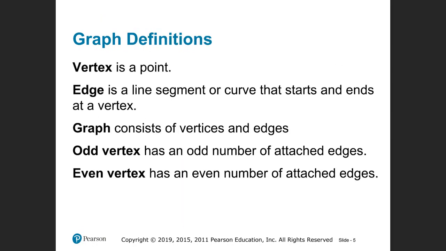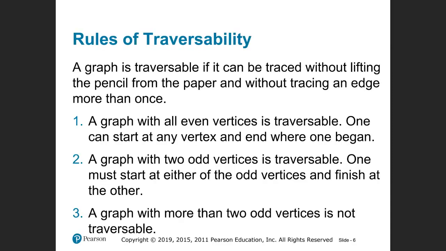These are some graph definitions. A vertex is a point. An edge is a line segment or curve that starts and ends at a vertex. The graph consists of vertices and edges. An odd vertex has an odd number of attached edges. An even vertex has an even number of attached edges. This leads to the rules of